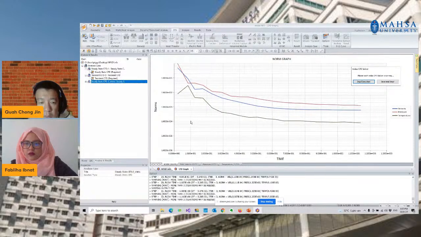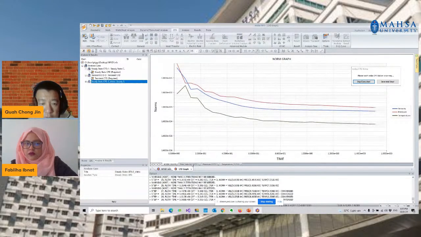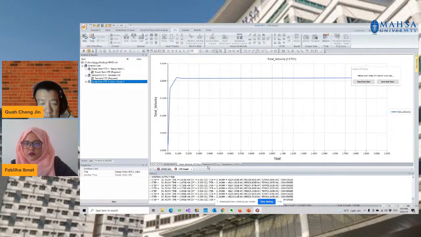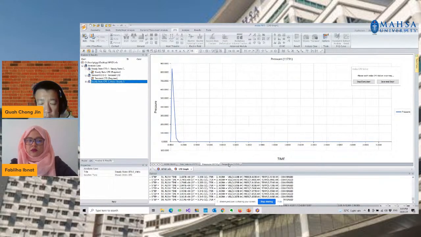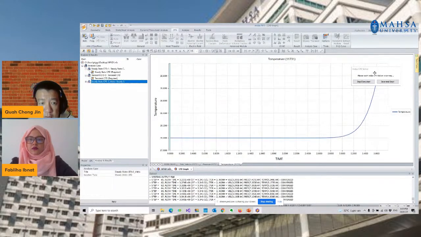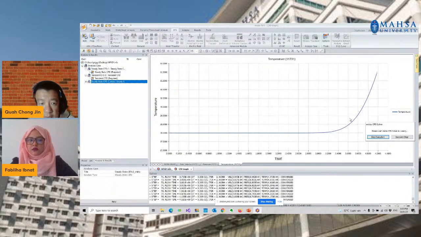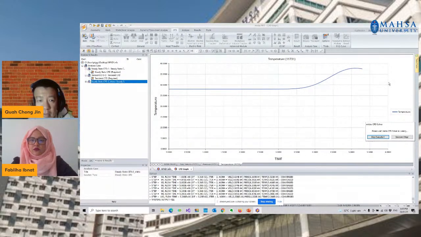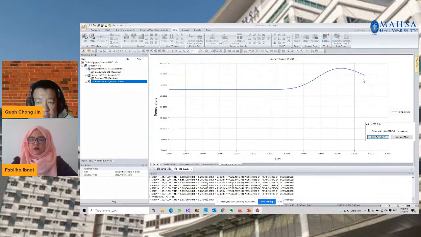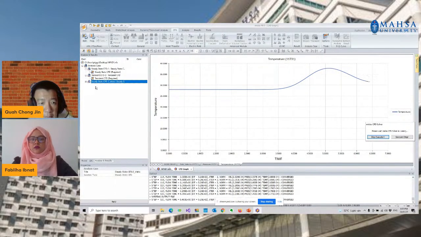We will monitor how the norms go, the velocity, the physics quantity of pressure, as well as the temperature. You may see the temperature is rising; it is not reaching any steady state yet, but it is rising.